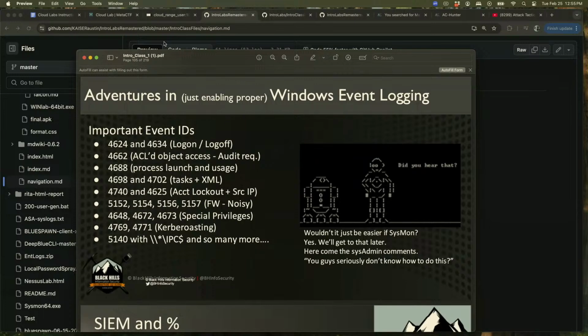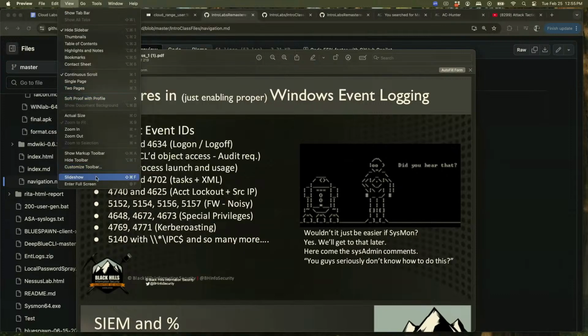So there's a lot of stuff in here for you to play with and learn and try to get better. So I'm going to talk a little bit more about event logs, and we're going to jump into another lab to close out the day. So just give me a second. That's fine. Let's go view, and I am going to go